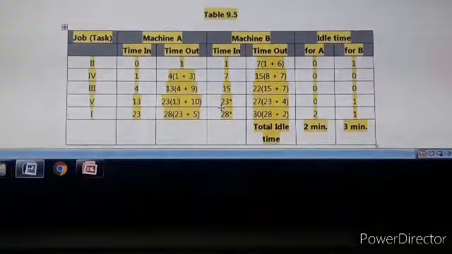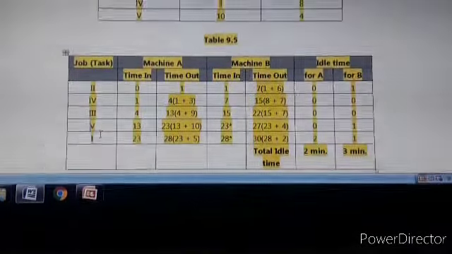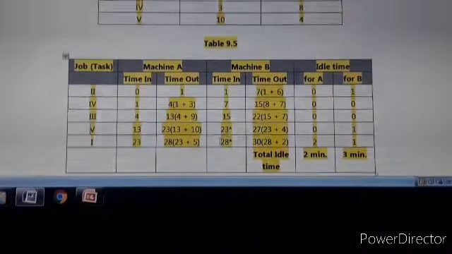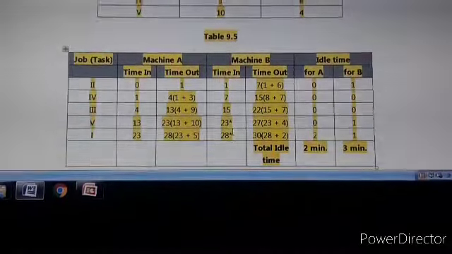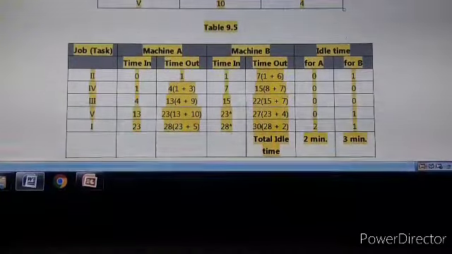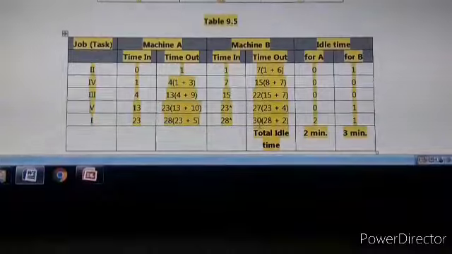So this time in for job 4, 5 and 1 is very important, keep in mind. So time in is 28, and job 1 takes 2 minutes on machine B, so 28 plus 2, it is 30.